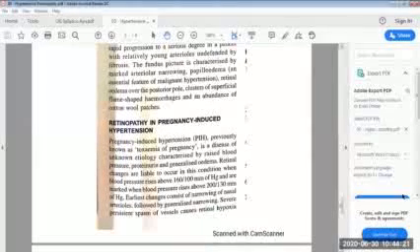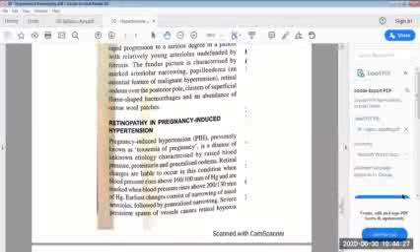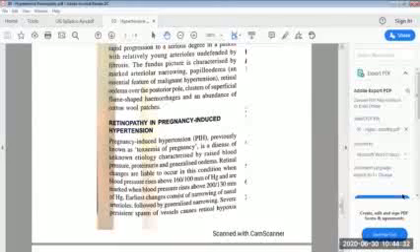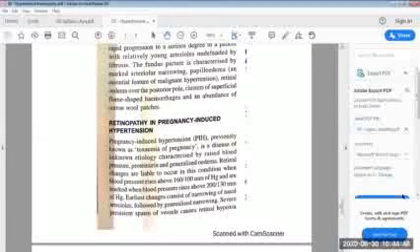The next is the retinopathy in pregnancy-induced hypertension. Pregnancy-induced hypertension, which is called the PIH, previously known as the toxemia of pregnancy, is a disease of unknown etiology characterized by raised blood pressure, proteinuria, and generalized edema. Retinal changes are liable to occur in this condition when the blood pressure rises above 160 by 100 mm of Hg and are marked when blood pressure rises above 200 by 130 mm of Hg.